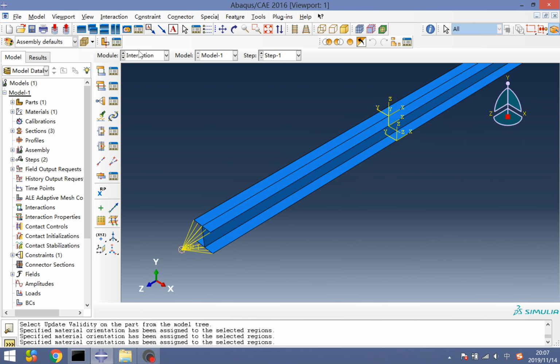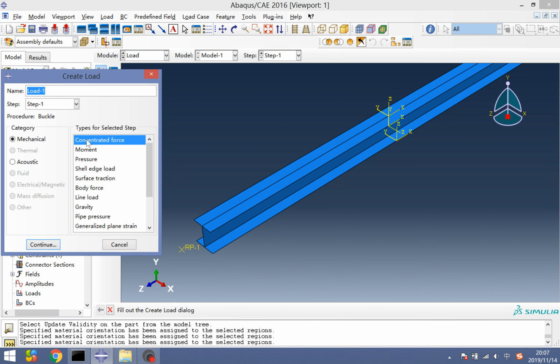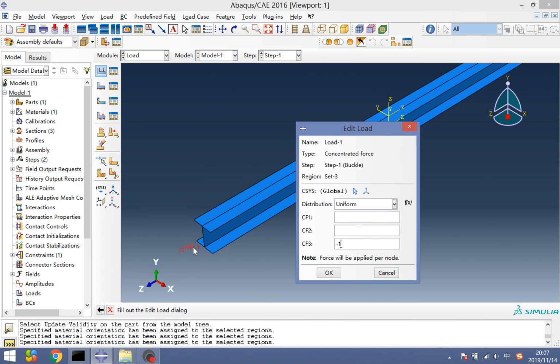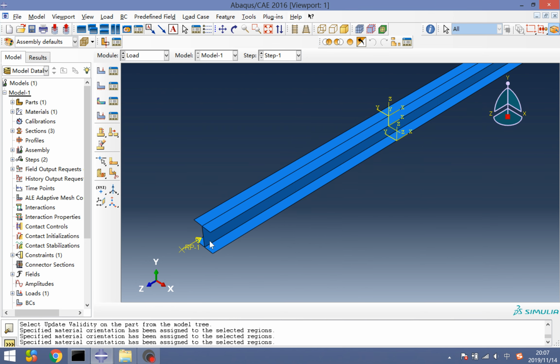And the next step, we are going to create a load and boundary conditions. First, we need to apply the load onto the reference point here as a concentrated force. Apply the force on this reference point. It means that we are applying the force onto the cross-sectional area of this I-beam, since this I-beam has already been coupled with this reference point. Here we got our force,